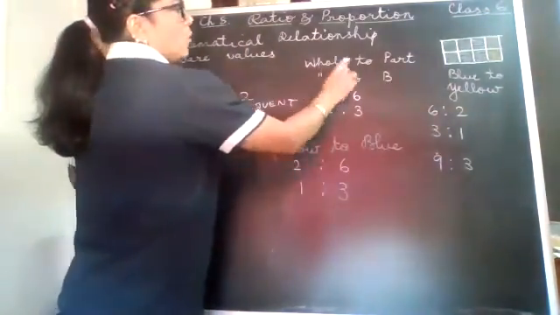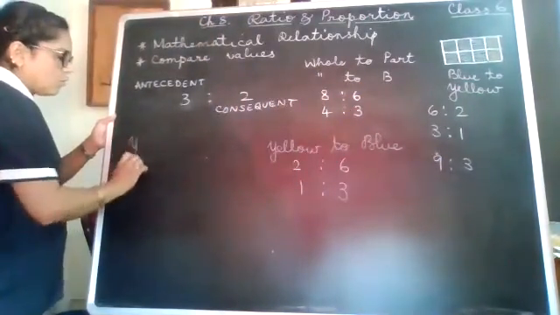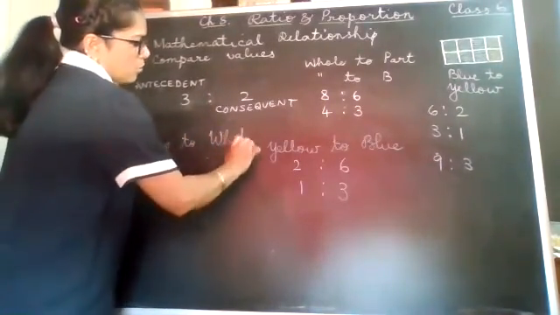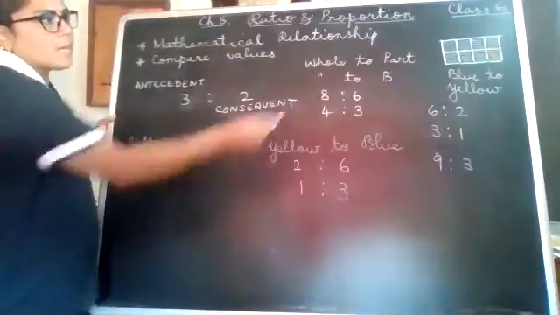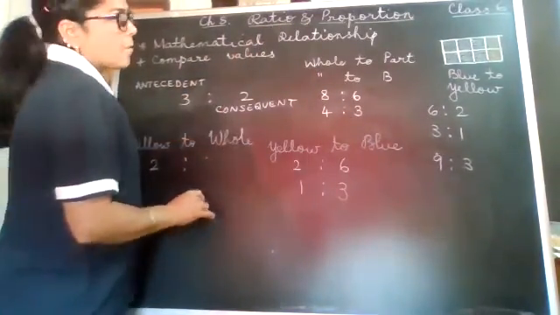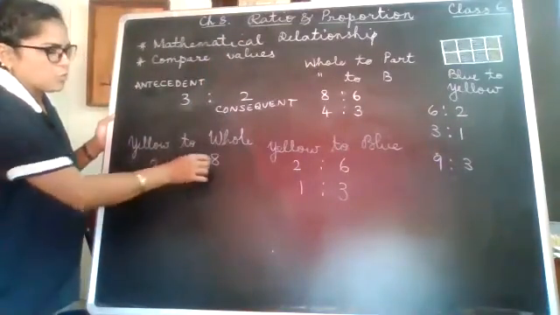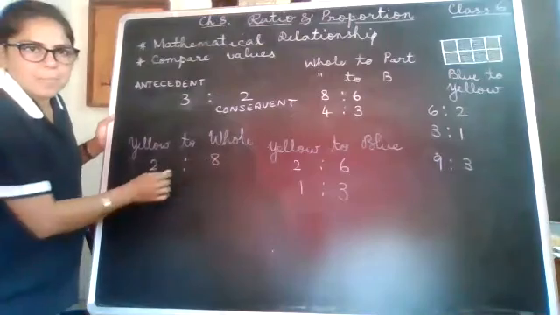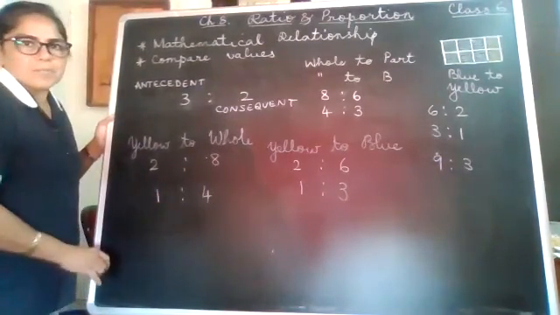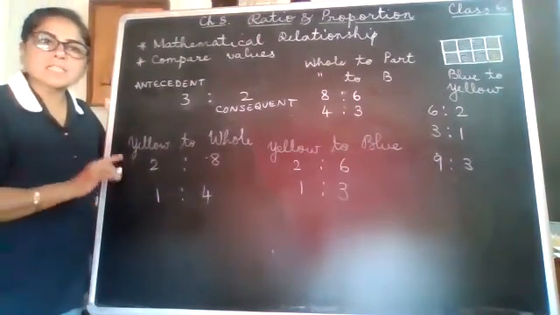Similarly here, whole to blue we wrote, so we wrote 4:3. Now if it was yellow to whole, yellow to the whole thing. So how many parts of yellow are there? 2. And how many parts are there in the whole figure? How many parts are there totally? 8. So what will it become now? 2:8. And both of these are divisible by 2. 2 divides 2 once and 2 divides 8 4 times. Okay. So these are the different types of questions that can be asked in ratio.